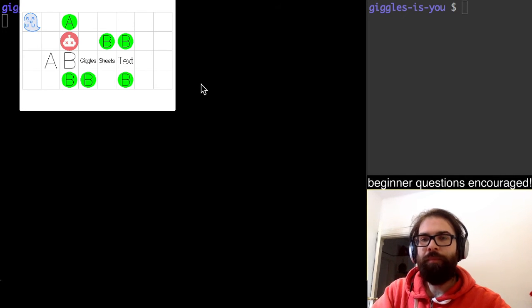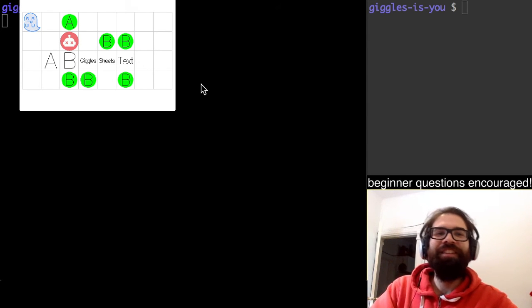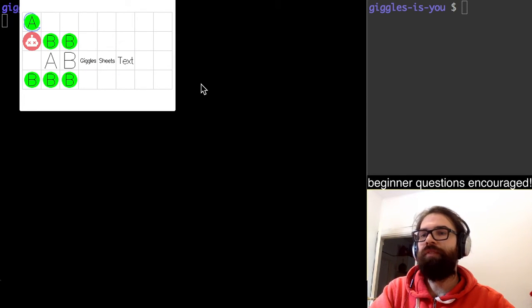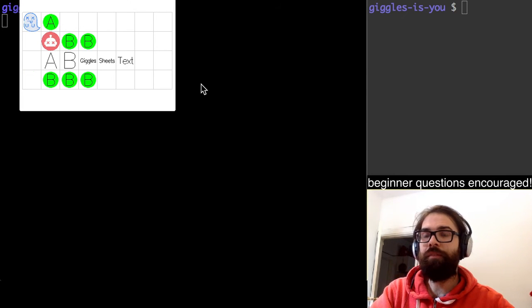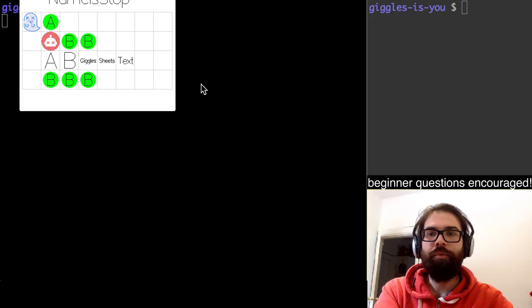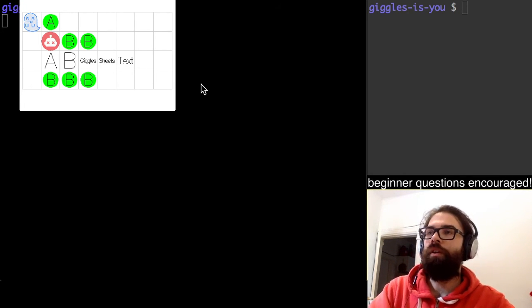All right, so that's the current state. And for a few sessions already, I've been trying to write some tests. I implemented a test framework that makes it possible to describe the state of the level and then what happens when we move. So for example, when I move to the left here, I cannot move further to the left because the edge of the level is blocking us, whereas if I make the other character, the ghost, called Sheets, stop, by writing name is stop sheets in order to enable the rule sheets is stop,